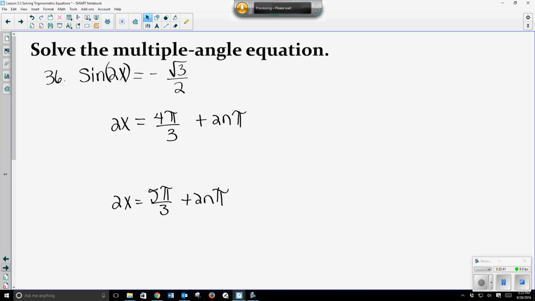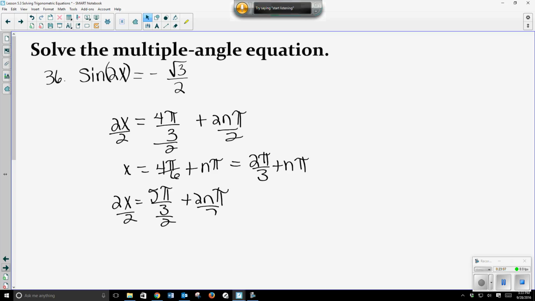Sometimes I like to do that at the same time and then divide by 2. So this is x is equal to 4 pi over 6. Let's see, I can actually reduce the 2 and the 4. So 4 pi over 6 plus n pi, which is 2 pi over 3 plus n pi. So x for this one will be 5 pi over 6